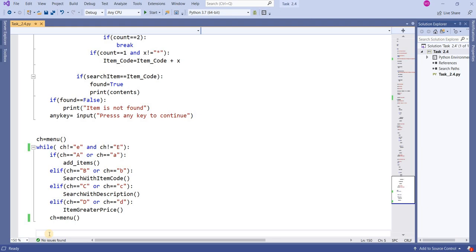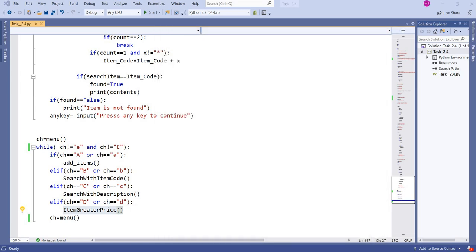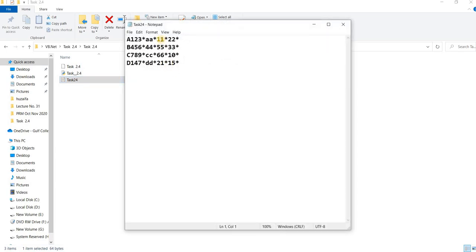Now the last option is item greater price. Whatever price you enter, it will show me the greater prices. My prices are 11, 55, 66, 21.